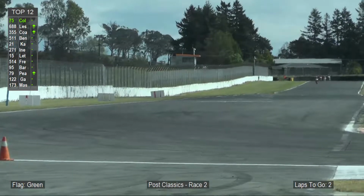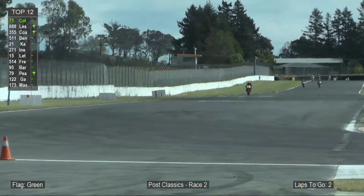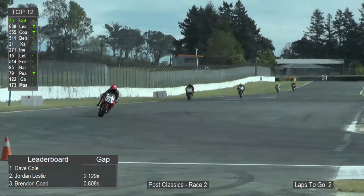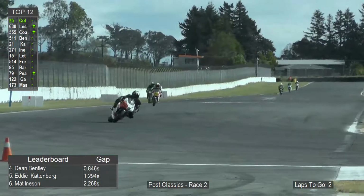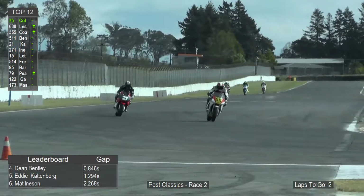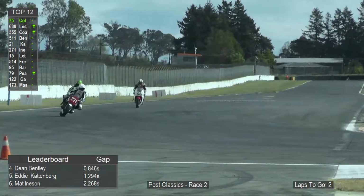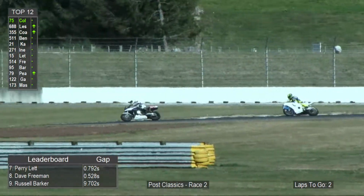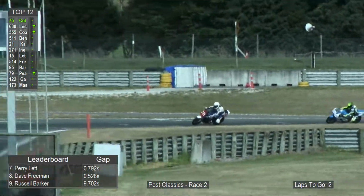And of course, with that, he's wired into our audio for the PA, so he can put our comments out both for the people here at the event, the pits, and the spectators on the embankment, of which we've got the great life member of MNZ, Robin Atkins, and his good friend, Mr. Kevin Brooks, up there. So shout out to those guys. And of course, for you people out there on the World Wide Web watching here on Ctas Live, coming at you loud and proud from Taupo NZ, the Taupo International Motorsport Park, and of course, our Northern Race